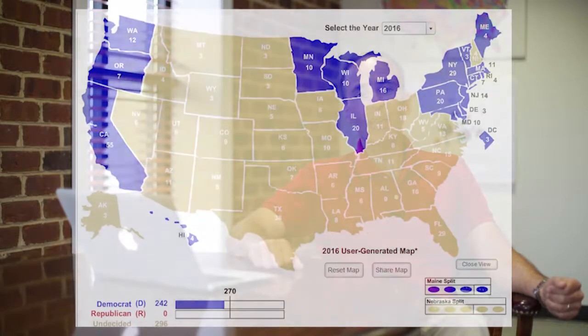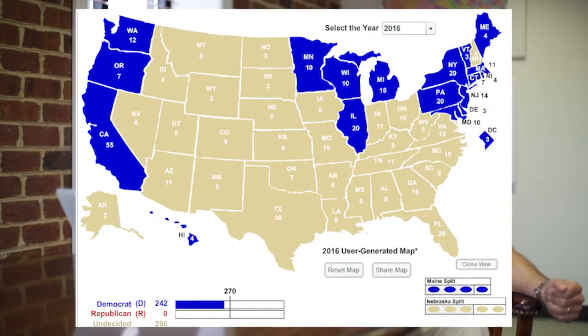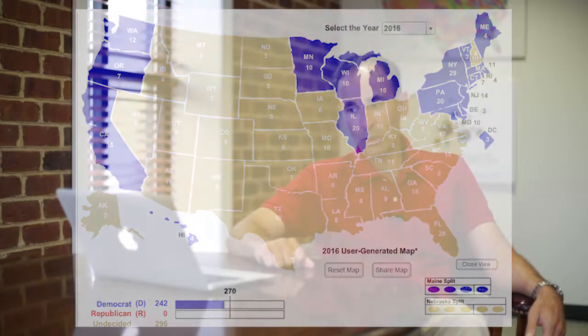There was also the assumption, and we spoke about it a couple minutes ago, that there was a blue wall, that even if Clinton lost some states that Obama won, even if Clinton lost Florida or lost in Ohio, that there were states in the Midwest, Wisconsin, Pennsylvania, Michigan, that were now so solidly Democratic. So there was this assumption that there was absolutely no way that Clinton could lose those 3 states, and if she won those 3 states along with the traditional Democratic states, that would get her over to 270.